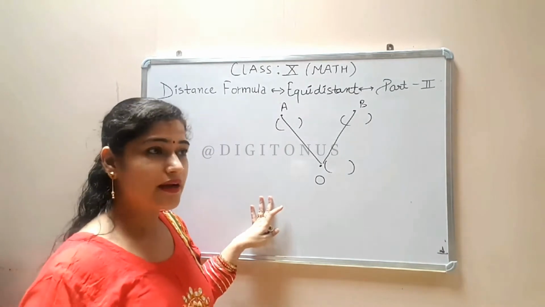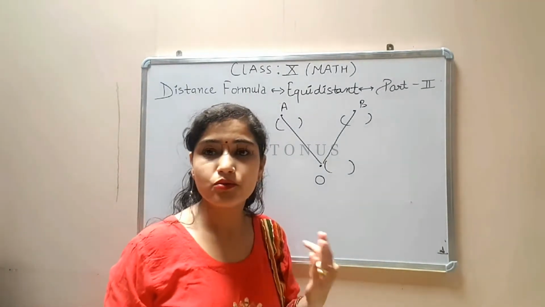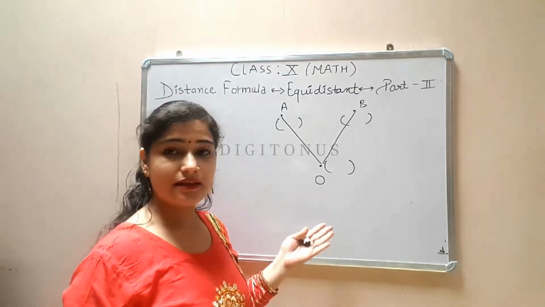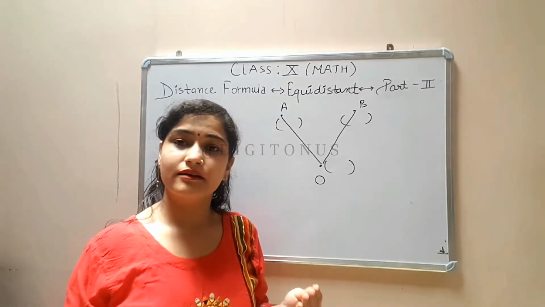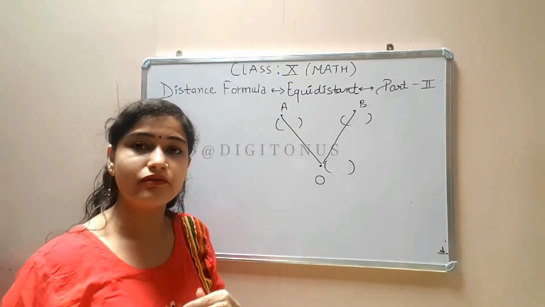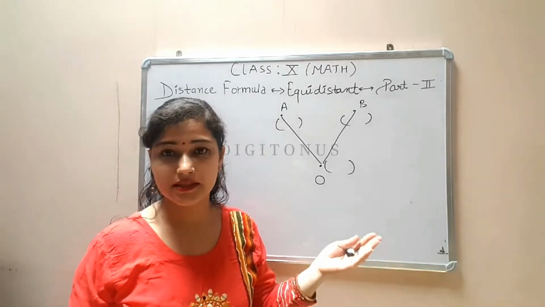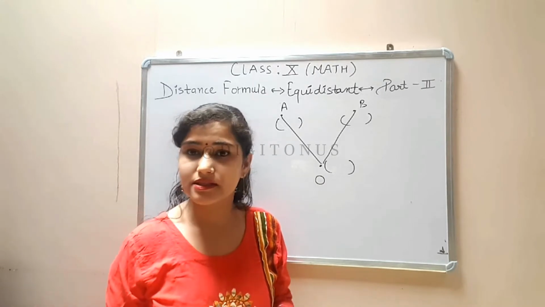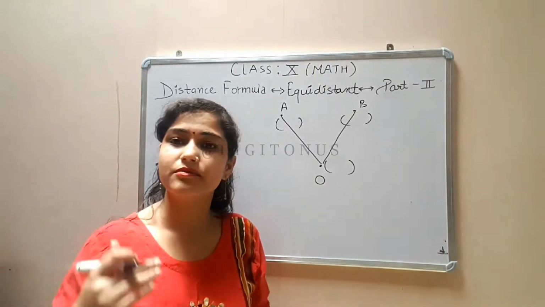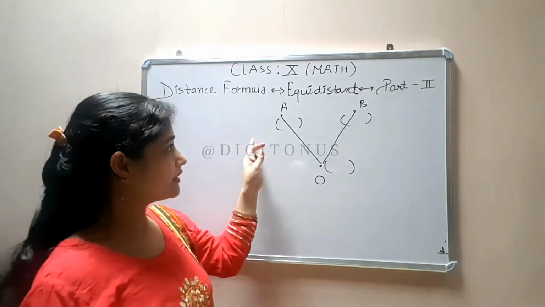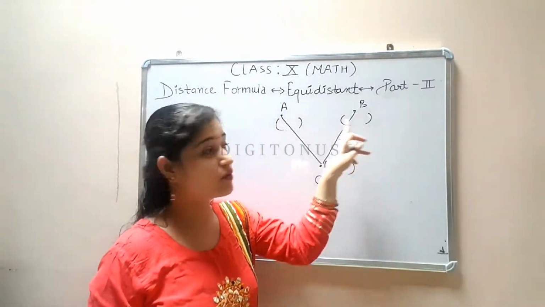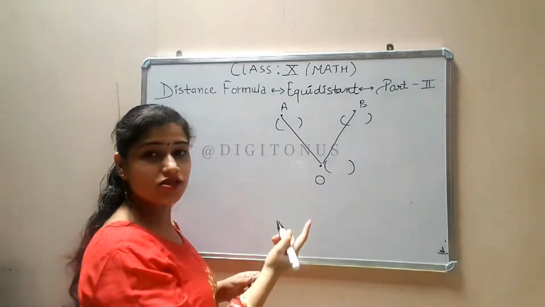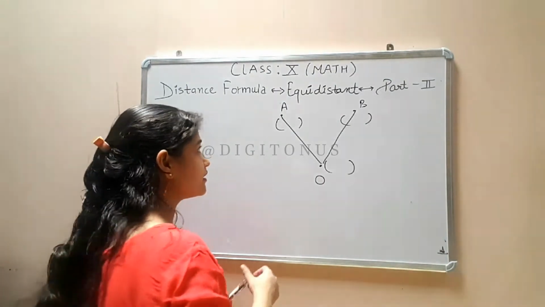ठीक है, जैसे अगर मैं आपको कहूँ that my home, there are two students of class 10th, one is A and one is B, and my home distance is equal from both the students' homes. A's home distance and my home distance is the same, and B's home distance and my home distance is also the same, but it doesn't mean that both are in the same place. Okay, only the distance is equal. Is it clear? So it's also based on the distance formula. So let's start the question.